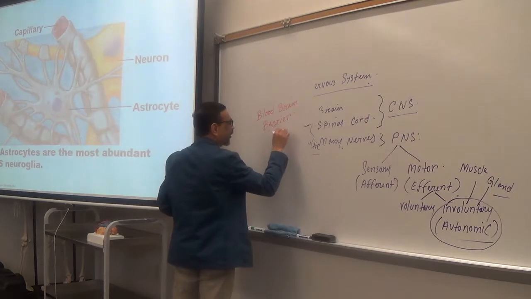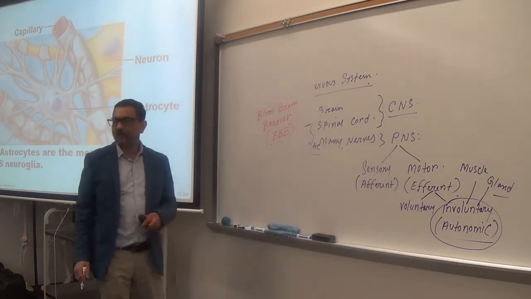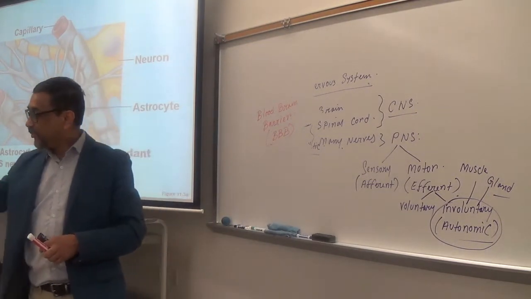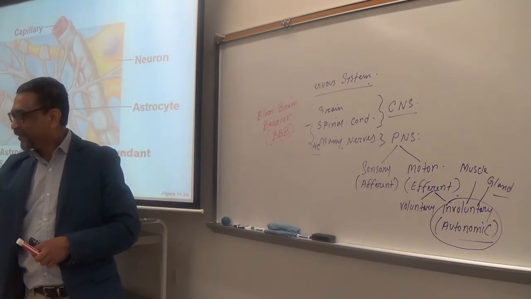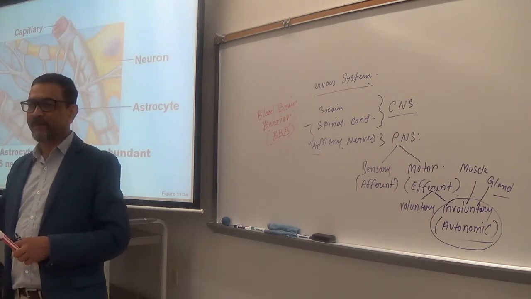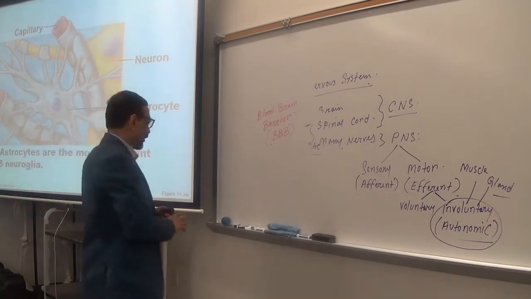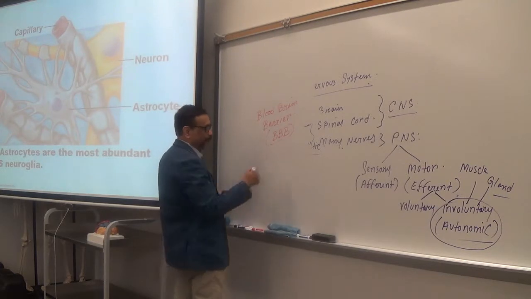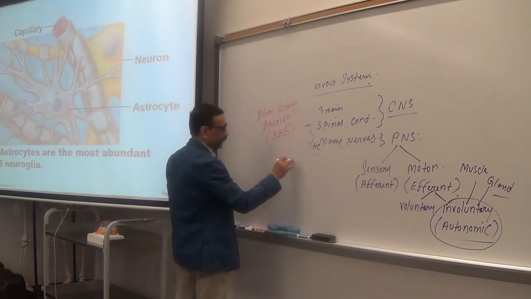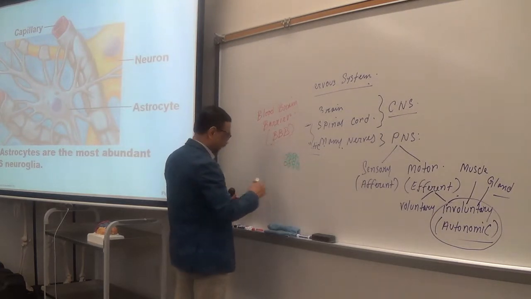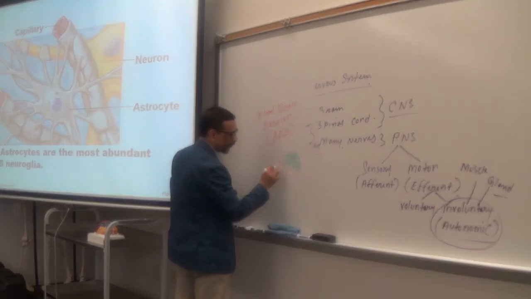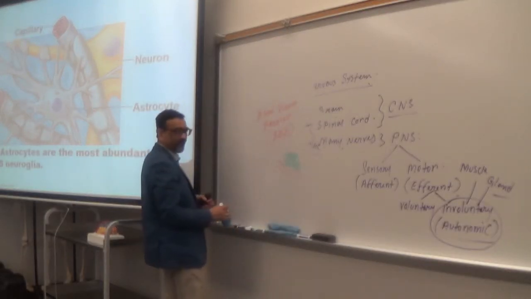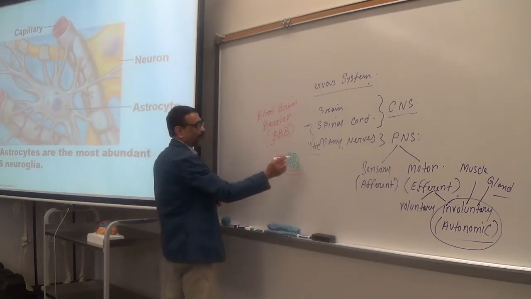Astrocytes help to form the blood-brain barrier. Its name is telling you. What is it? It is a barrier between the blood and the brain. Very clear? So, now let's see. This is your brain tissue, and this is the capillary in the brain. Okay? Now,